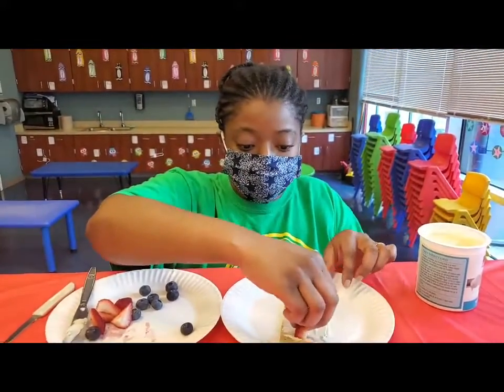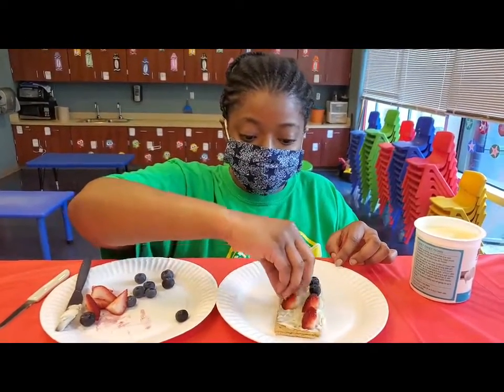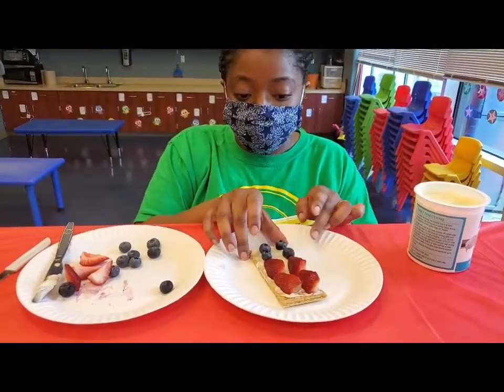And it's very important before you start doing this that you wash your hands and make sure that the fruit is washed as well. You want to take about 20 seconds to wash your hands and both